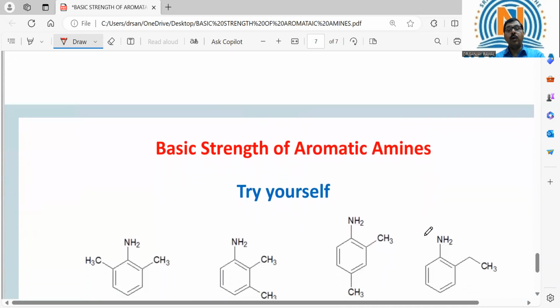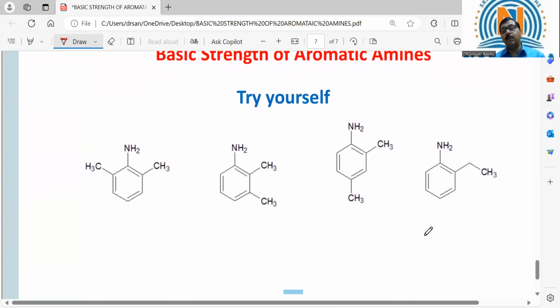Now try yourself, try to compare these compounds in decreasing order of their basic strength. And if you want more content, more questions, more practice,